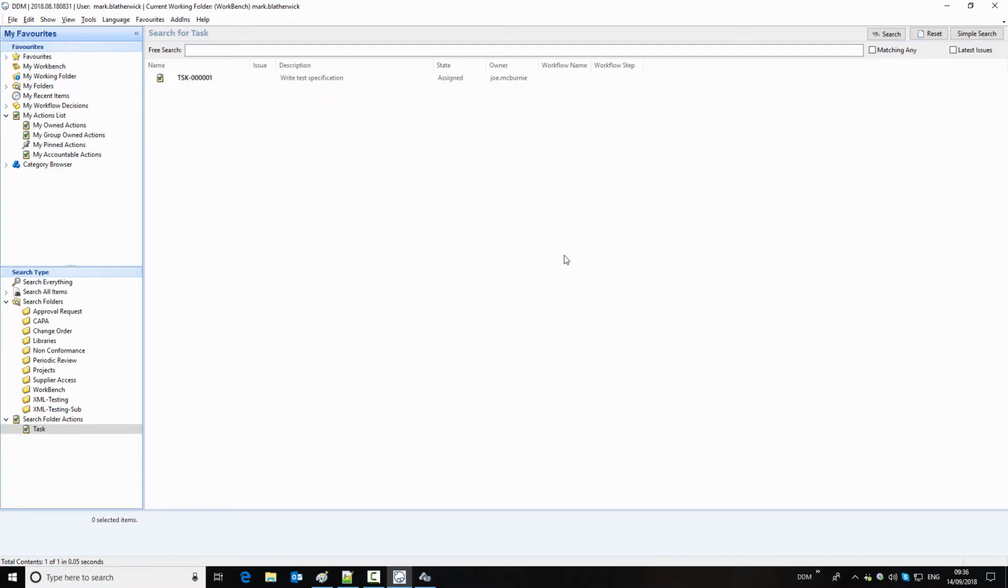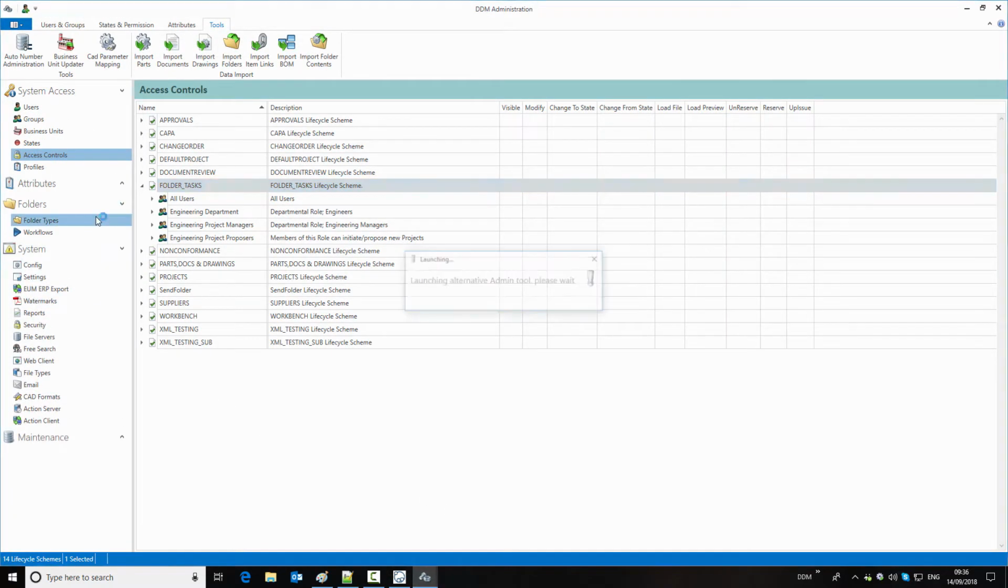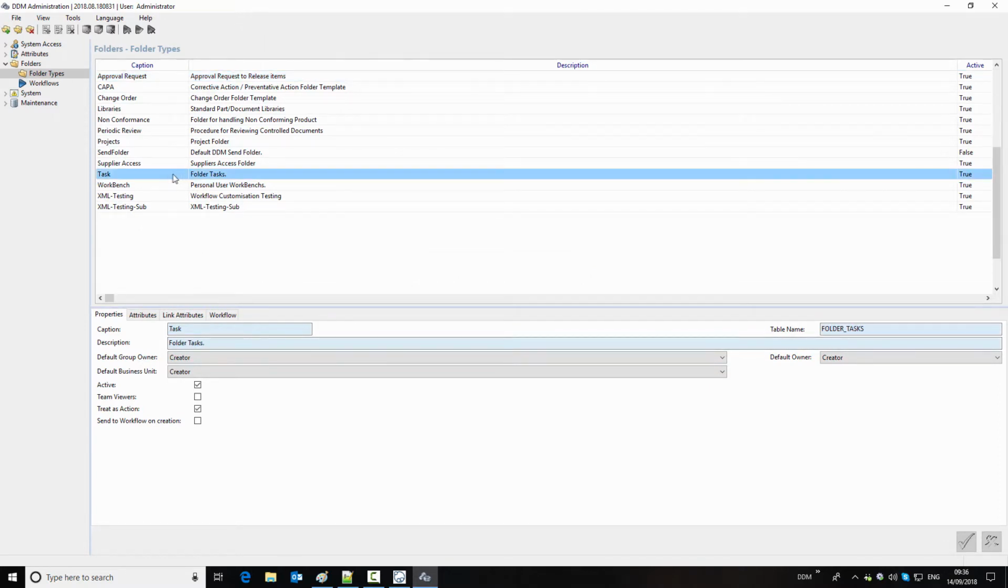The last thing that we're going to take a look at is how we can create different types of action. So we have a task, but maybe we want to create a new action for requirements, for example. To do that, we go back into admin, and the easiest way to do this is to select the existing task type folder, and we're going to copy from this. So here's our folder tasks folder, and we're going to copy this,